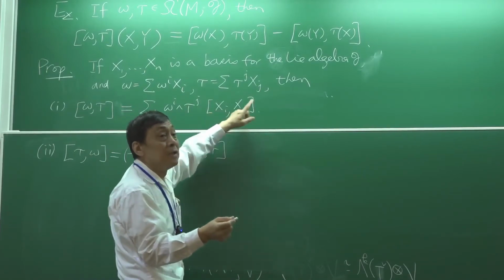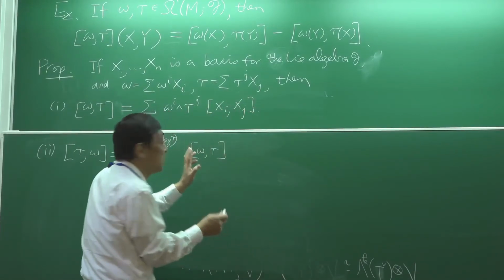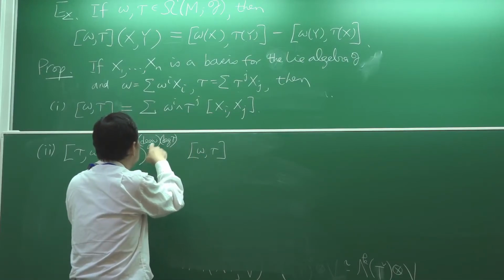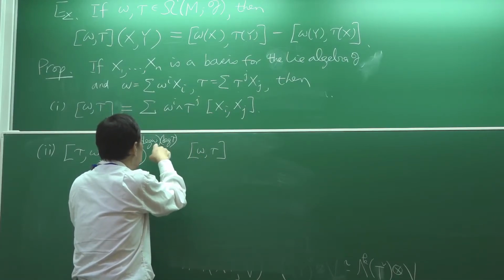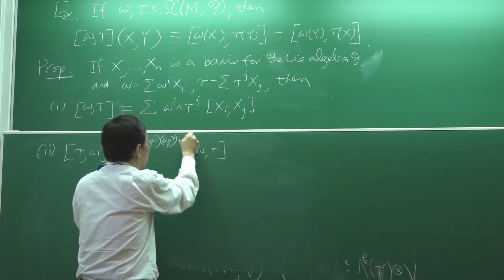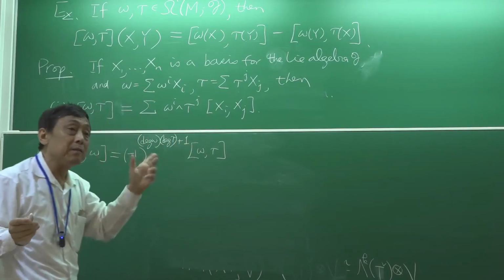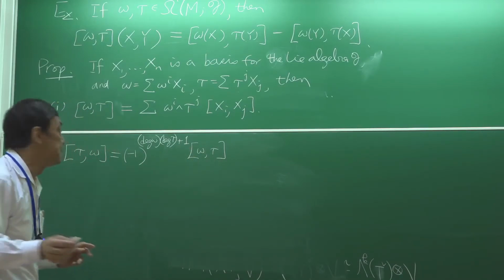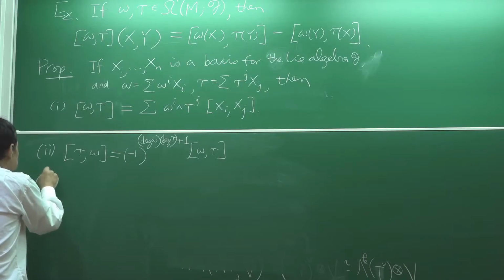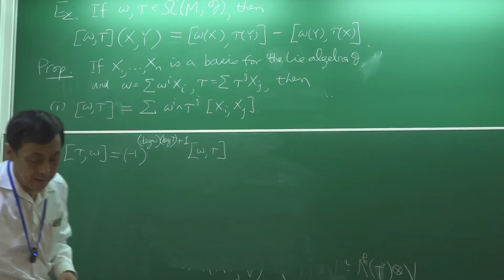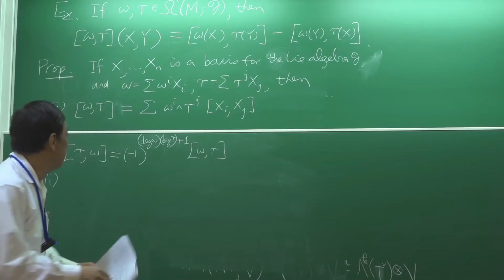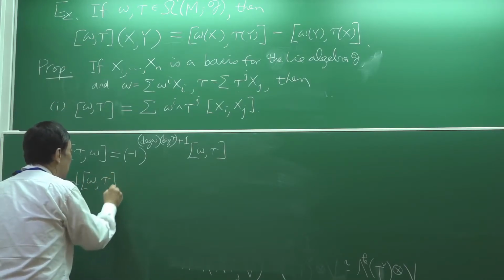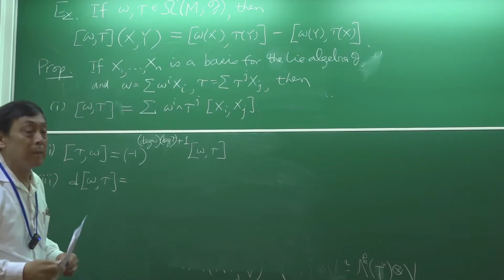However, these two will be interchanged also, and that will introduce an extra sign. So it's going to be -1 to the degree of omega times degree of tau plus 1. There's an extra -1 that comes from the bracket. And then if you take the exterior derivative of omega tau,